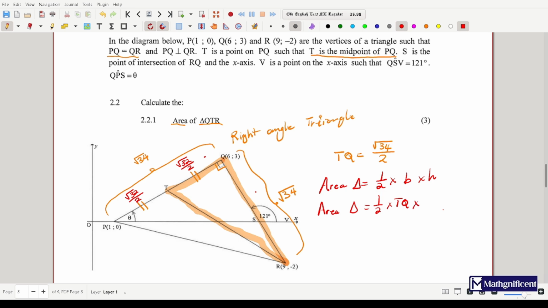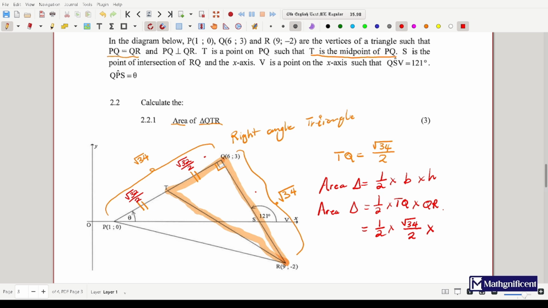This is H, which is the height. The height here in this case is going to be equal to QR, right? QR. And then from these we now substitute. So we are going to say 1 over 2 times TQ. TQ is equal to the square root of... So remember guys, this is supposed to be the square root of 34. The square root of 34 divided by 2 multiplied by